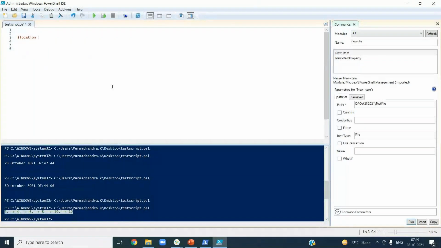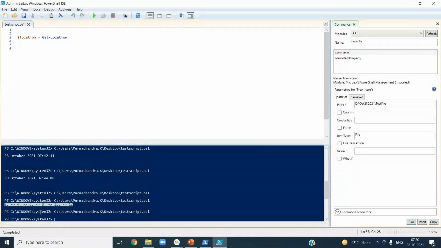You can declare like this, or you can declare and use some content as well, some output of some command as well. So, now something is written to this dollar location basically, but you don't know, right? It is executed, but it is not showing this one. But if you want to see this one, all you need to do is simply use this command like this